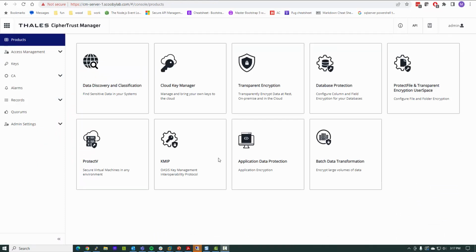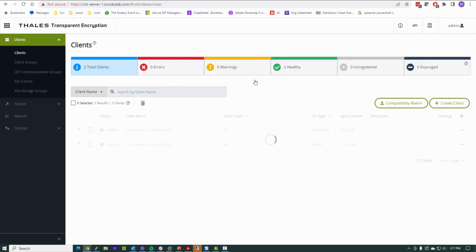One useful utility of the data transform utility is to use it to decrypt data. There are several methods to decrypt data, but I'm going to show you the method for using data transformation. So let's go back out to our